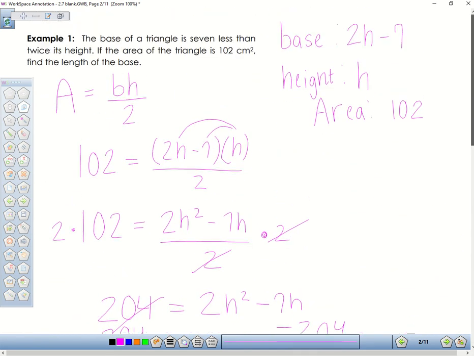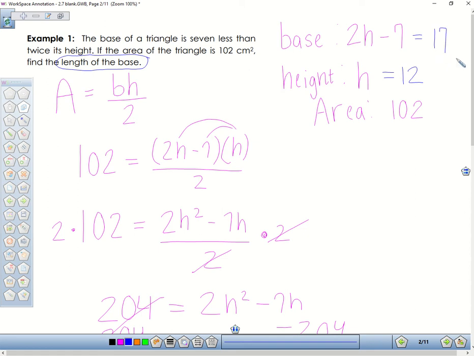So if I go back up here, this means that my height, basically we solved for h, we turned h into x, this is 12. But the question didn't ask about the height, it asked about the length of the base. So how can I find that now? Yeah, I can just plug it back in. So 2 times 12 is 24, 24 minus 7 is